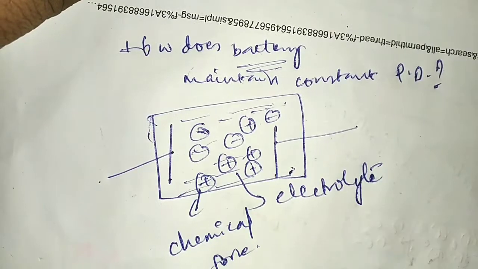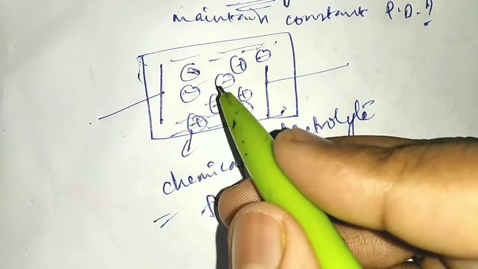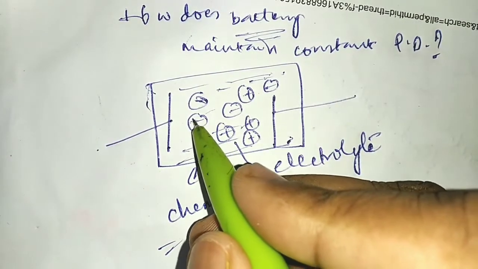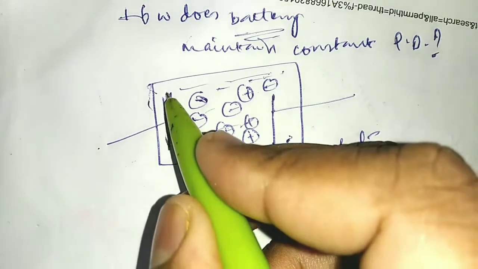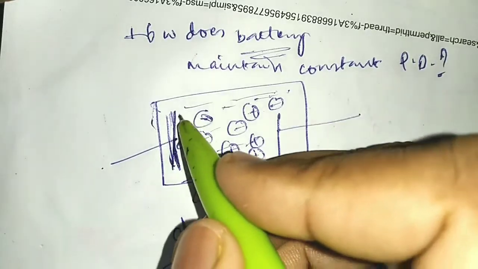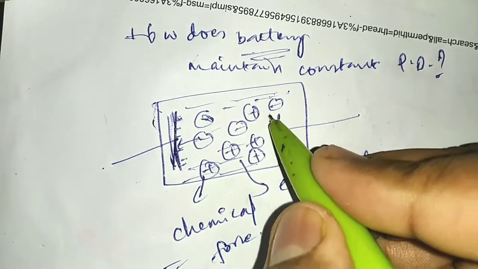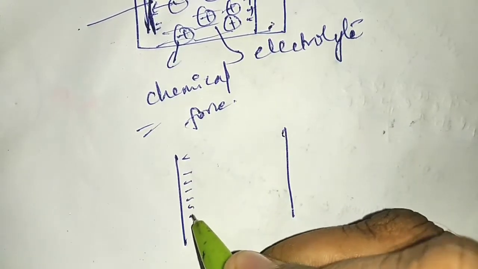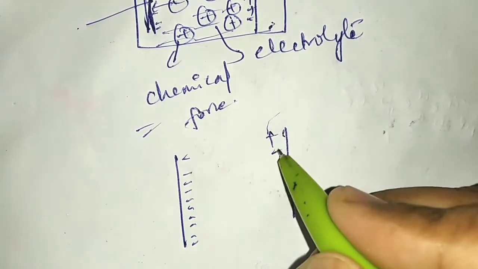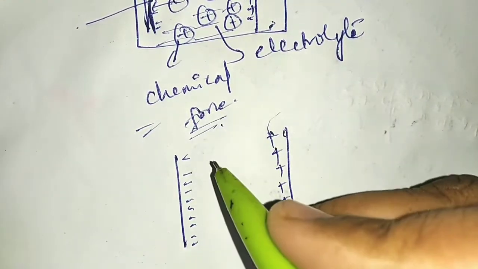Okay, so this chemical force will make these charges move in one particular direction, that is in the opposite direction of this plate or this plate here. Okay, that means, let me say here, negatively charged come and sit in one place and positively charged come and sit at another place. So in this way, negative charge comes at one of the plates and positive charge comes at the other plate because of this chemical force.